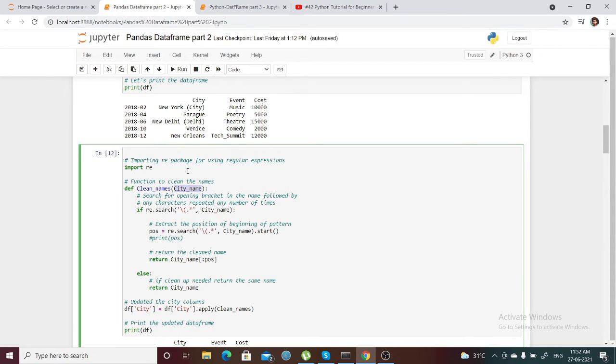How I'm going to pass this particular column name in the data frame, we'll see. But for now you can see what values I'm passing as this city name. It will search through this particular city name, and wherever it finds this particular value there...